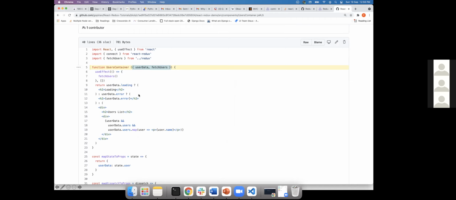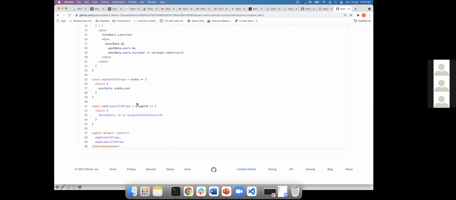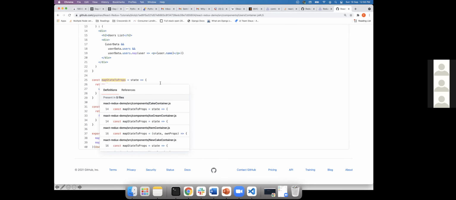Clear, right? Okay, now we come to the part connecting your Redux store with your React. For that we use a HOC called connect. HOC is a higher order component. We know what is a higher order component. A higher order component receives a component as an input. It's a function first of all that adds some sort of functionality on top of your component, then returns a new component. Cool, right? Okay, so connect will have two arguments. This is not a standard name, but it is a practice: mapStateToProps, mapDispatchToProps.